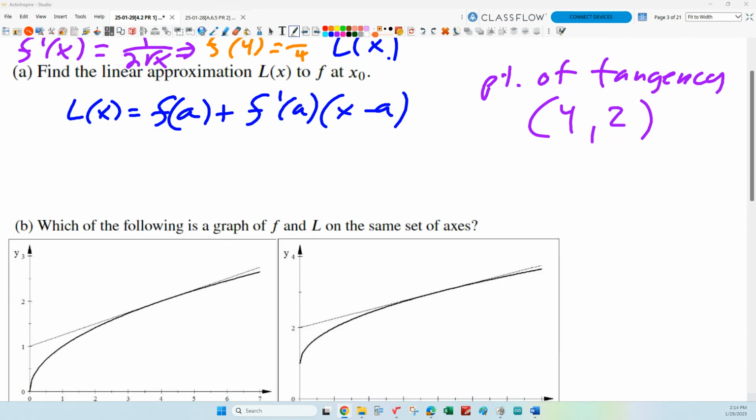So L of x is equal to, what's f of a? 2, plus 1/4 times the quantity x minus 4. That's it, that's the linearization. If we graph this thing, you could distribute the 1/4 if you want to. You could put that in slope-intercept form by distributing the 1/4 and collecting like terms. But either way,